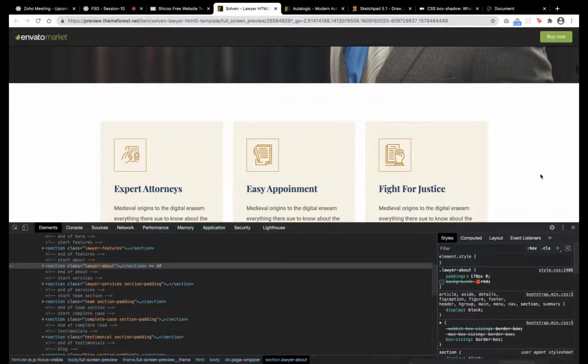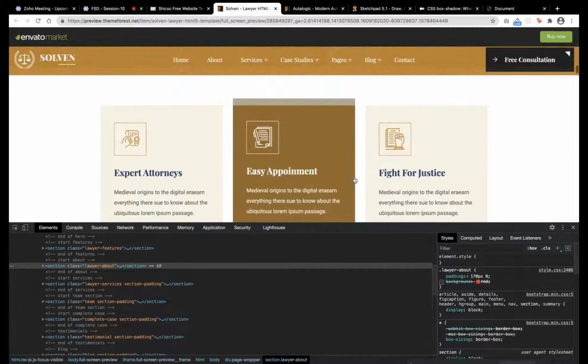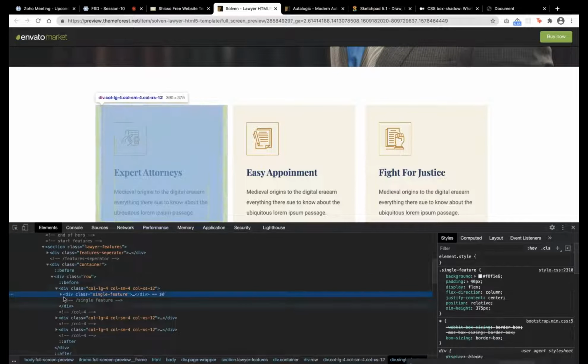But while practicing, you'll come to know, you will automatically write this in a section because it is a section. It is a division. The next one is a division inside this, to group these three, 1, 2, 3, because we need to add padding here, right? This needs a padding. So we will wrap everything inside a division and then add padding to this division. To this division, they'll apply padding.